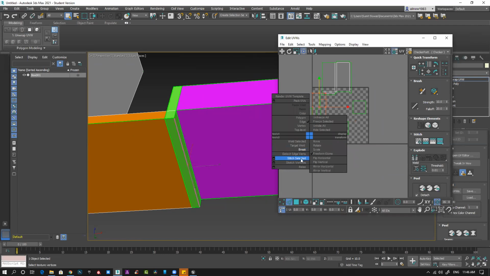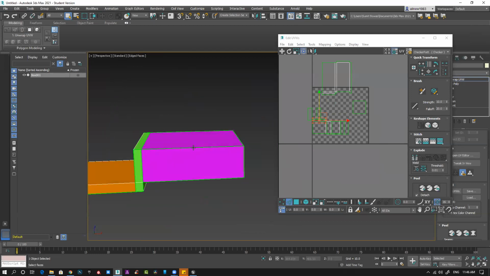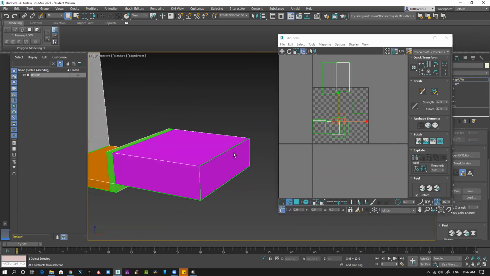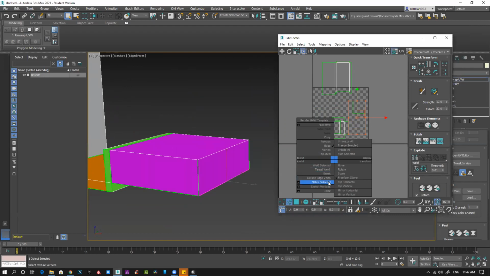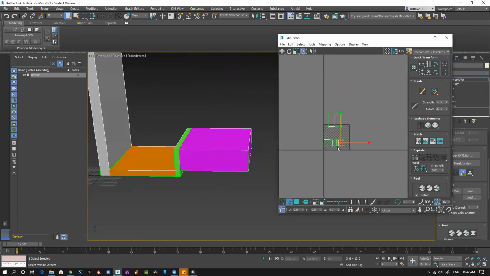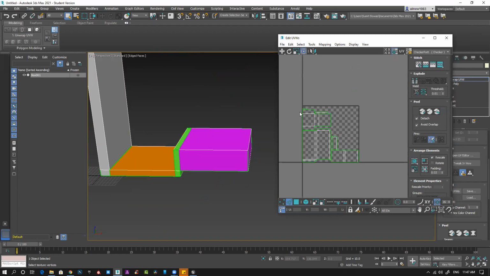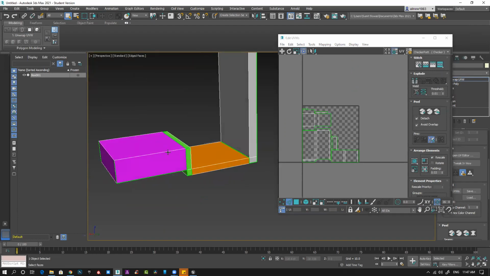Three, stitch together. Now this one, stitch. Everything together. So I hope it's clear to you what I'm doing. I'm just applying multiple materials and UV-ing them based on their material, so I don't need to worry about their tiling and everything, and it automatically places it there.